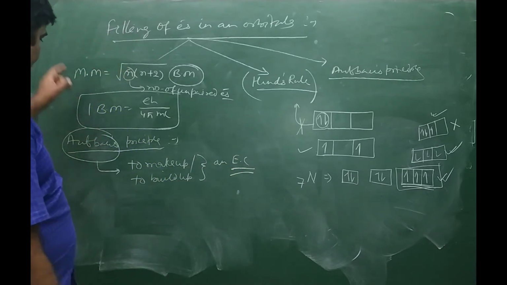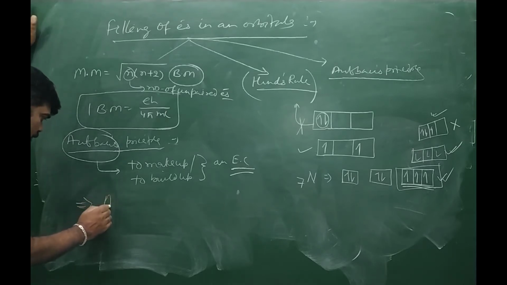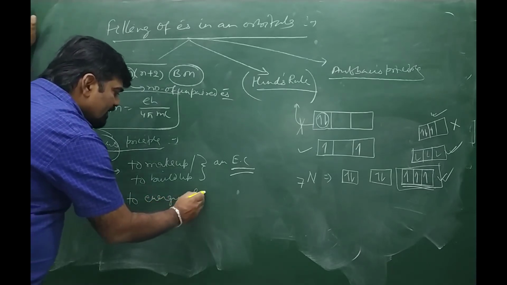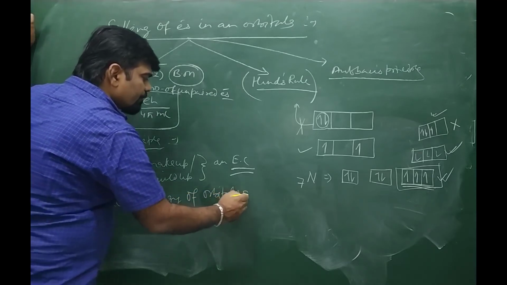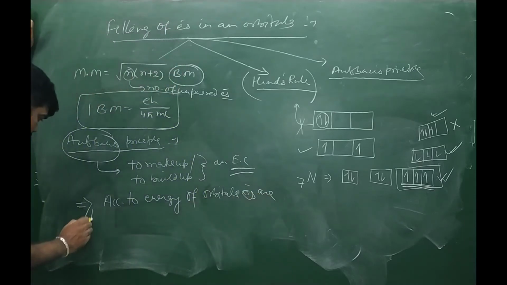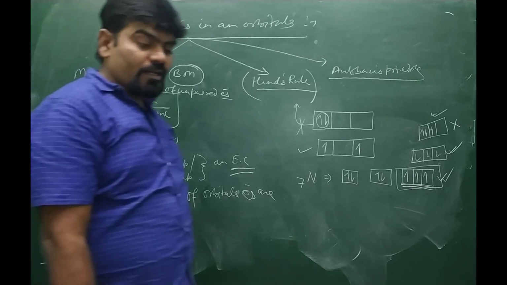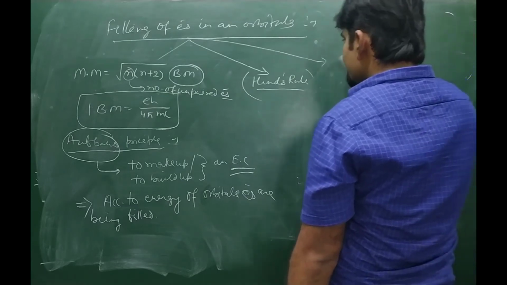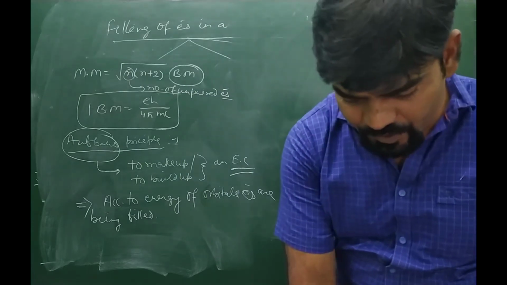How is it? According to this Aufbau statement, the first statement is: electrons must be arranged in shells and subshells according to their energy. According to the energy of orbitals, shells and subshells, electrons are being filled. First to those shells and subshells which possess lower energy, then to the shells and subshells which possess higher energy.